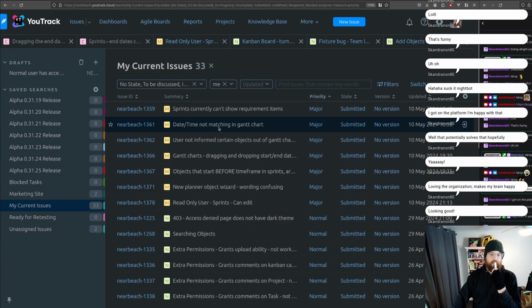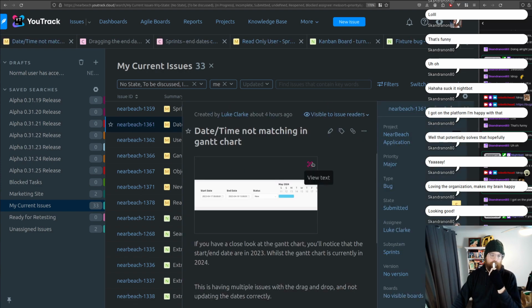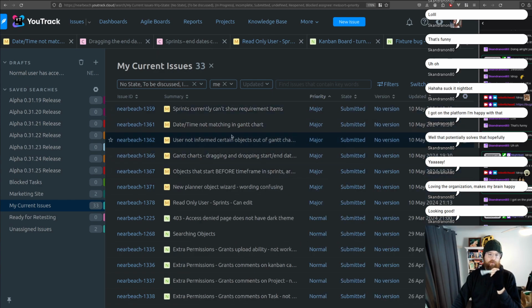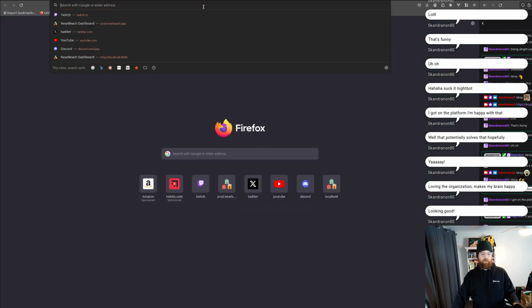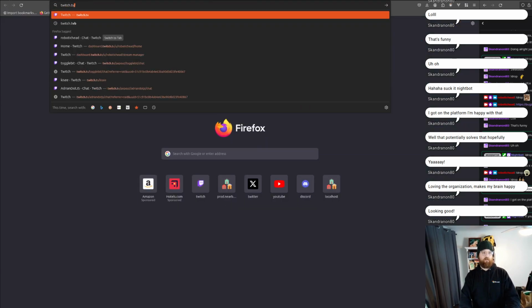Date time not matching in Gantt chart. Yeah, I think that problem will be solved very shortly. I think there's a couple of bugs that sort of stack upon each other. So yeah. Anyway, I'm probably going to call it there. We've just hit the 4-hour mark. I've got to,